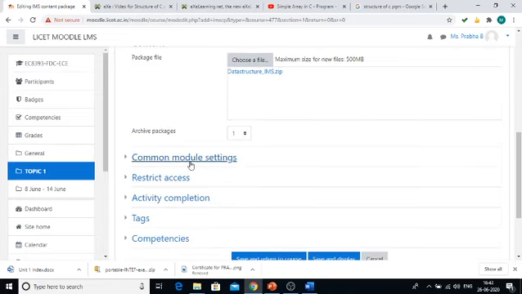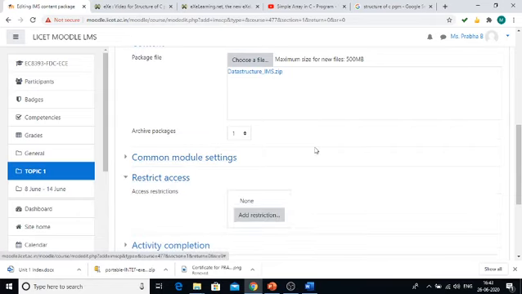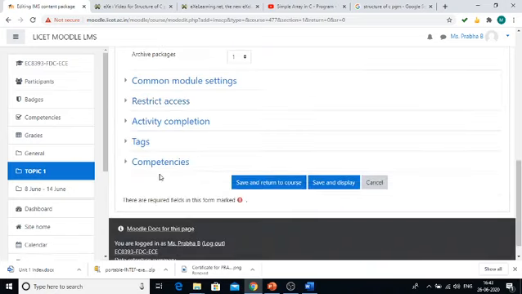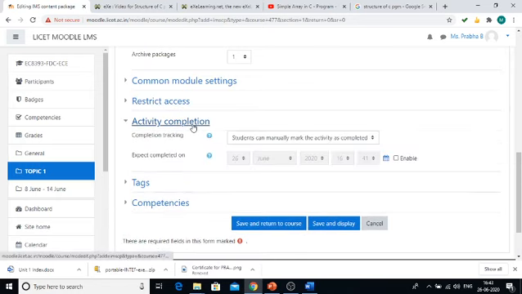There are some common module settings available. If you want to restrict this particular IMS, you can go and add a restriction. For example, if you want to restrict a certain student from accessing this content, you can restrict the access. You can also add the activity completion time.